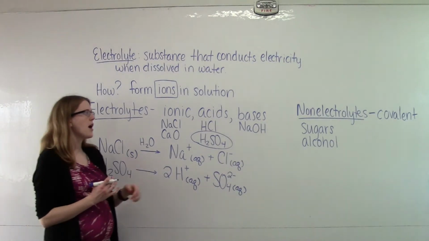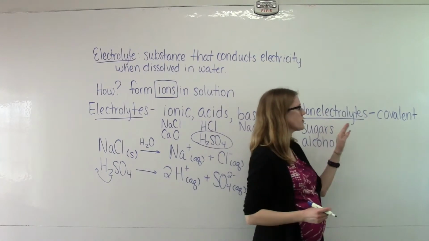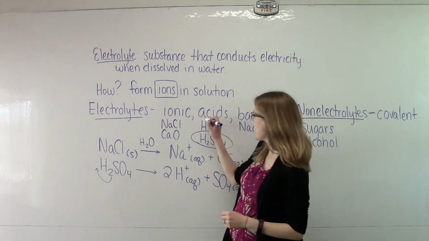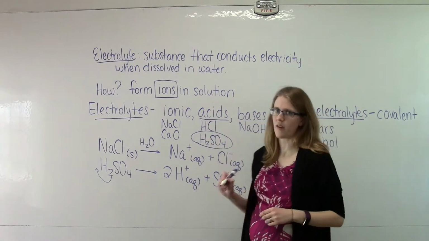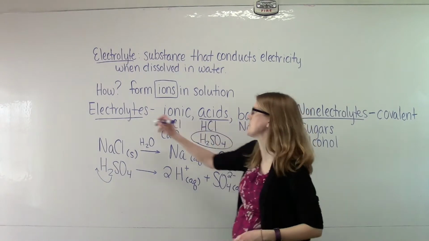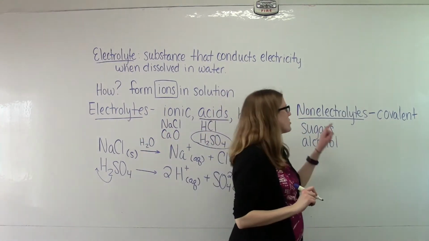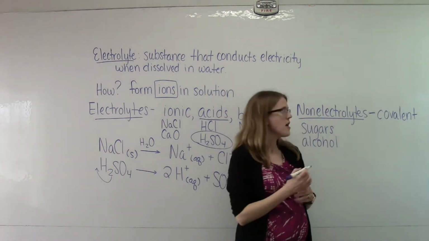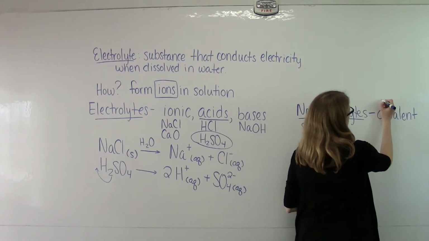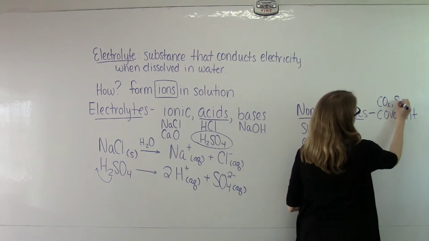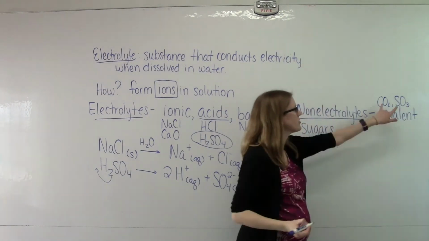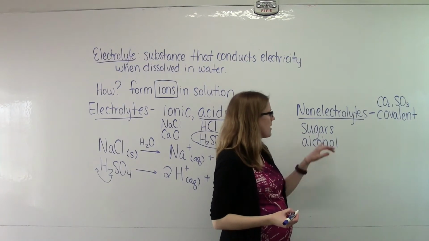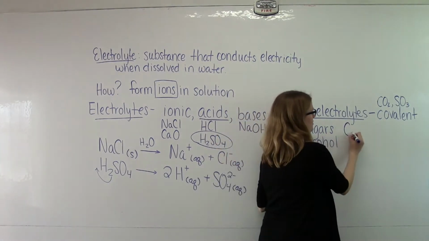Now let's talk about non-electrolytes. Non-electrolytes are all other covalent substances, and I say all other because technically acids are covalent. Acids are the only covalent substance that's actually an electrolyte. So non-electrolytes are everything left that's covalent. Some of these are a little easier. We've got CO2 and SO3, those are our binary covalents that we learned how to name. But there are also sugars that you need to be aware of, like glucose,